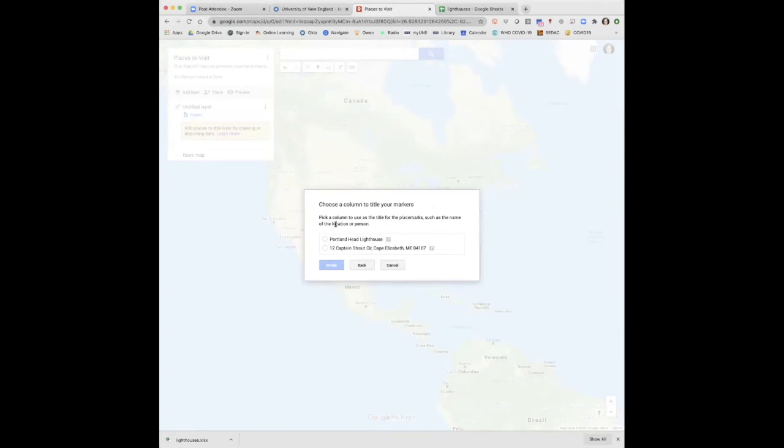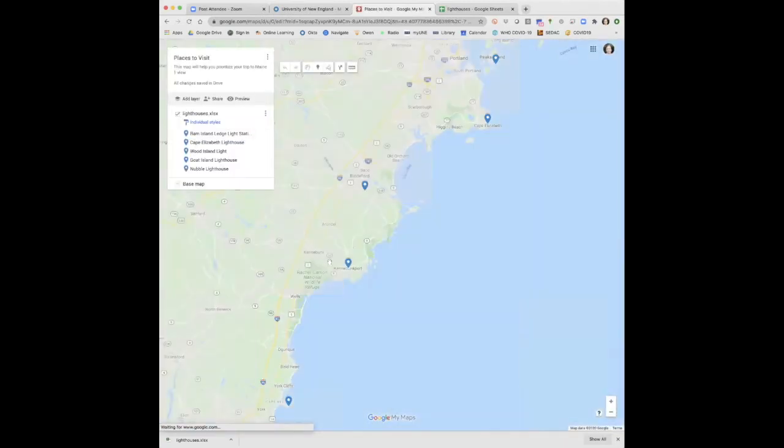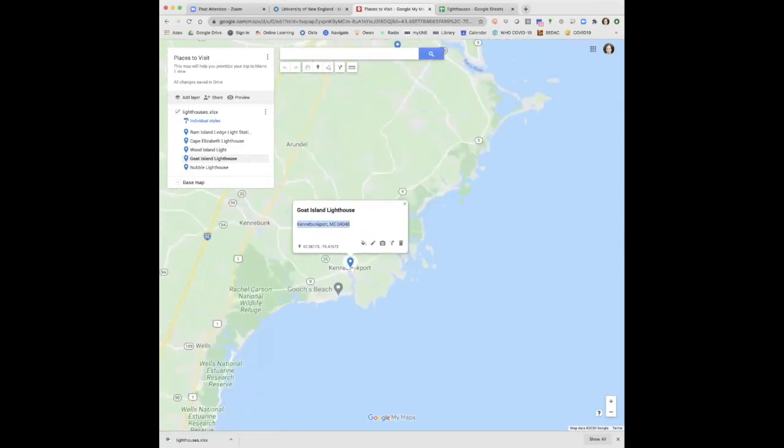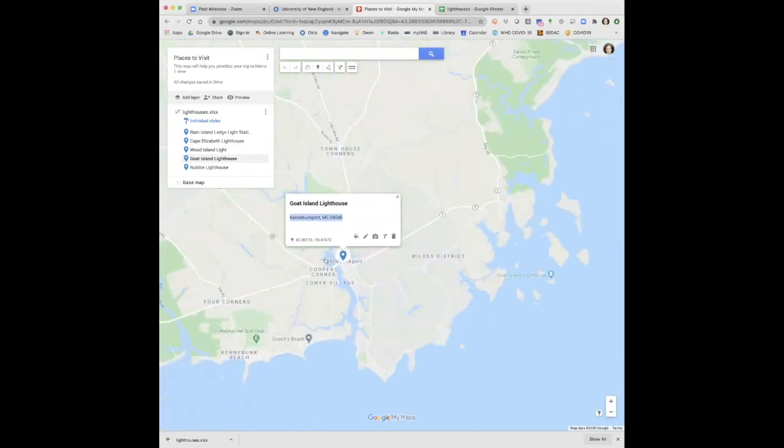Continue, then it tells you the title for the placemarks. This is the title for mine. It will import all the places. One of the things I mentioned is that some of the lighthouses have an address that is just the name of the town, okay? So what happens is that it won't locate the lighthouse in its proper place. If you can see here, I have the Goat Island Lighthouse that is here,